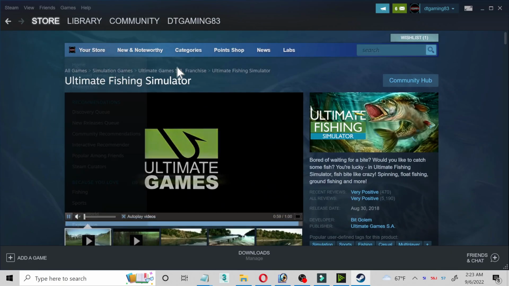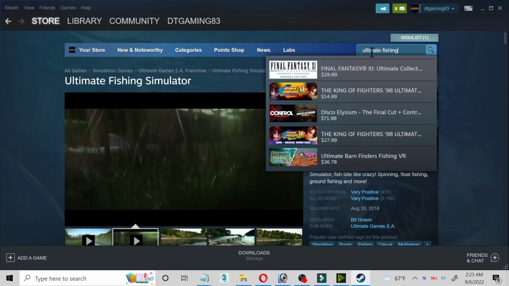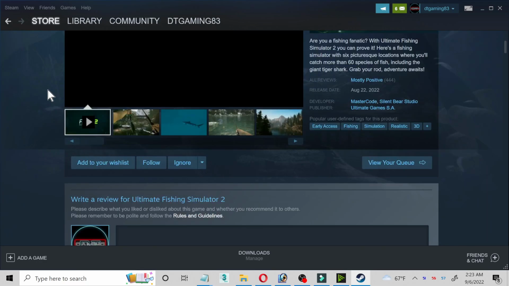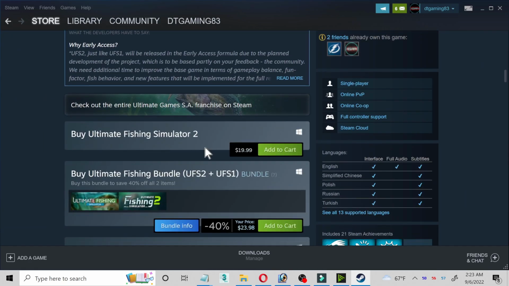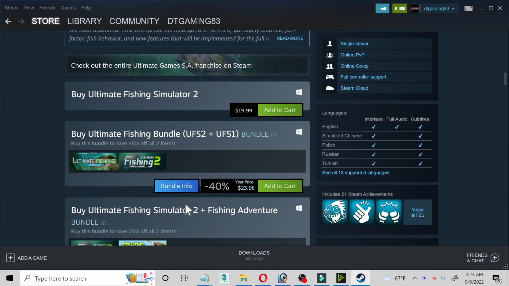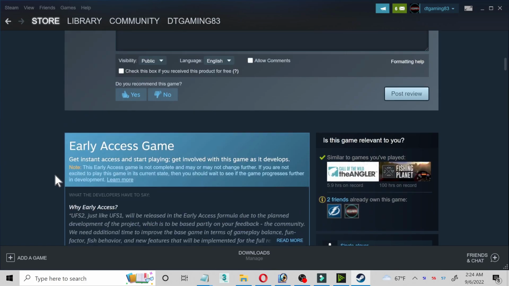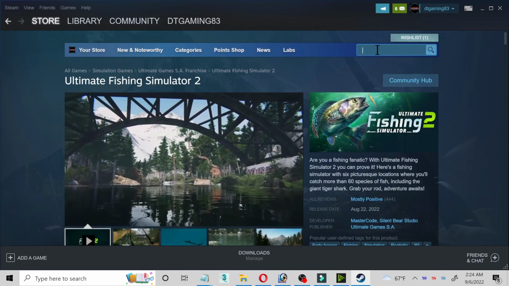Now as for Ultimate Fishing Simulator 2, I'll show you that one too. Ultimate Fishing Simulator 2 is actually 19.99 as you can see. Or as you see here, you can buy them both together for 23.98. So you're basically paying $4 extra for one of these games anyways. Again, there's no DLC yet for this game, and it is currently early access. And the other game that you have to buy as well,